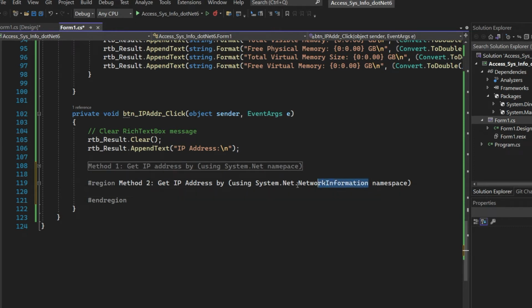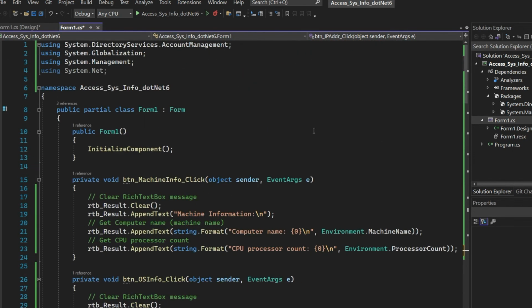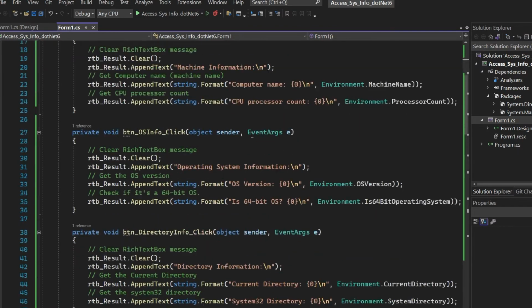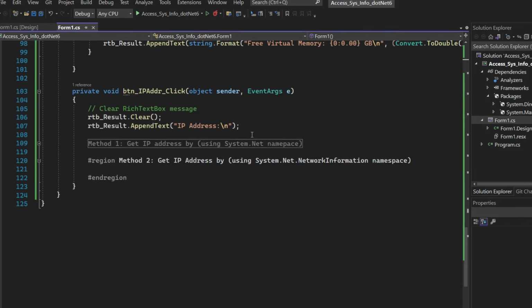Let me select this string, copy it, and go to the top of this file, paste it here, add a semicolon, and go back to the method.